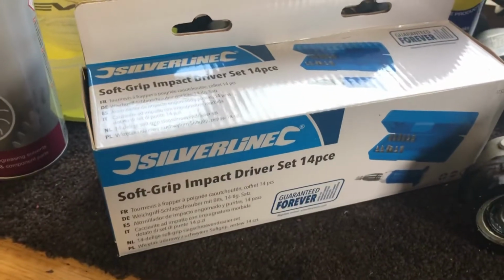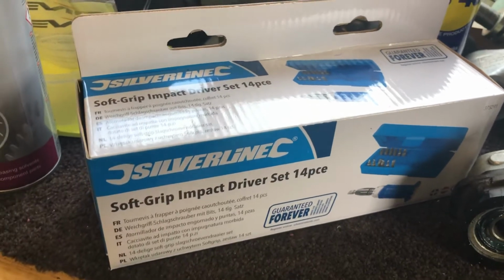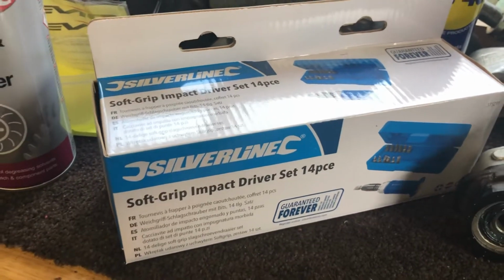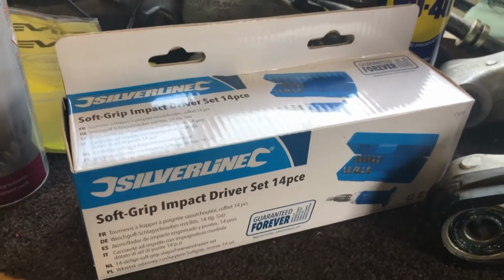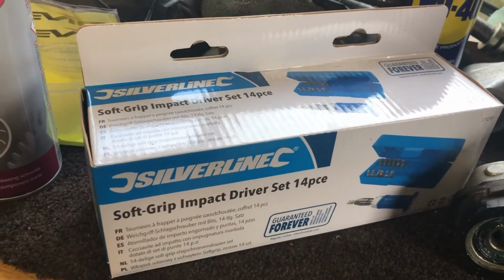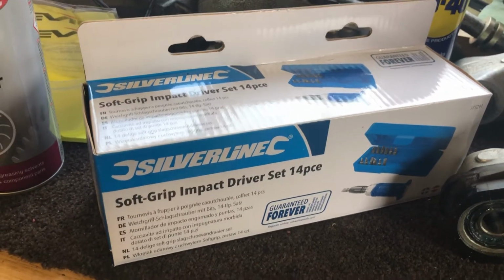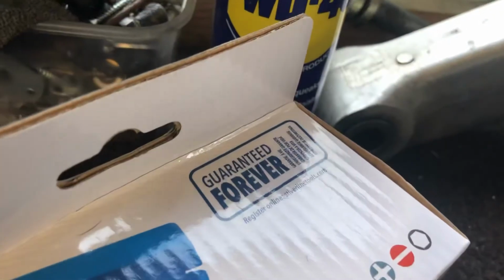Anyway, I'm going to do a review on these impact drivers. This one is from Silverline. I think it only cost about £10, so very cheap. But some of these cheap makes do come with guaranteed forever, which